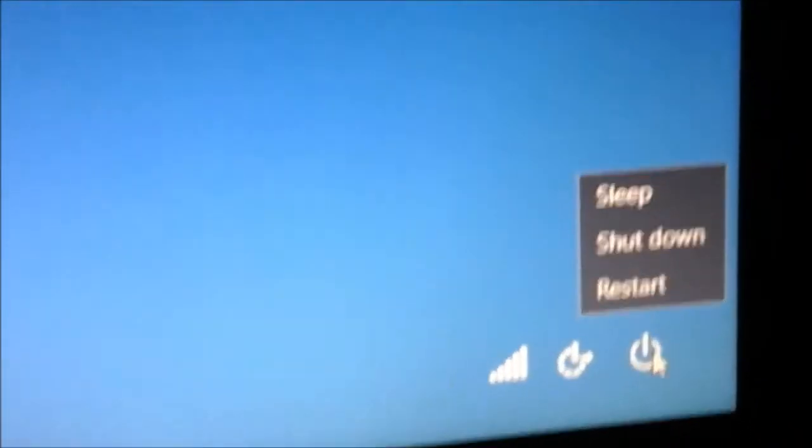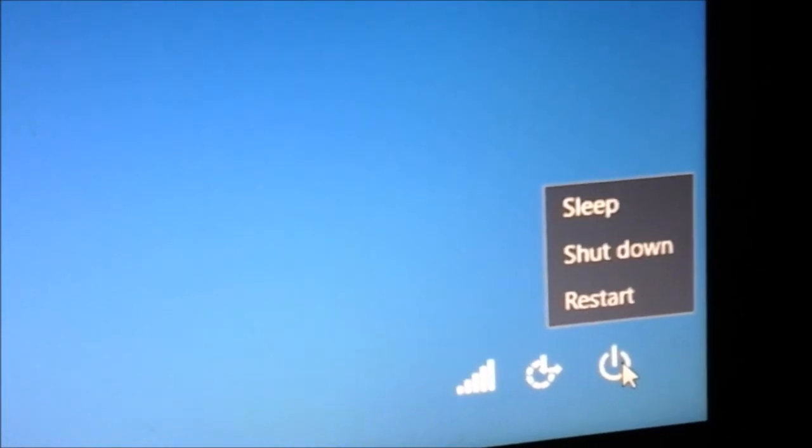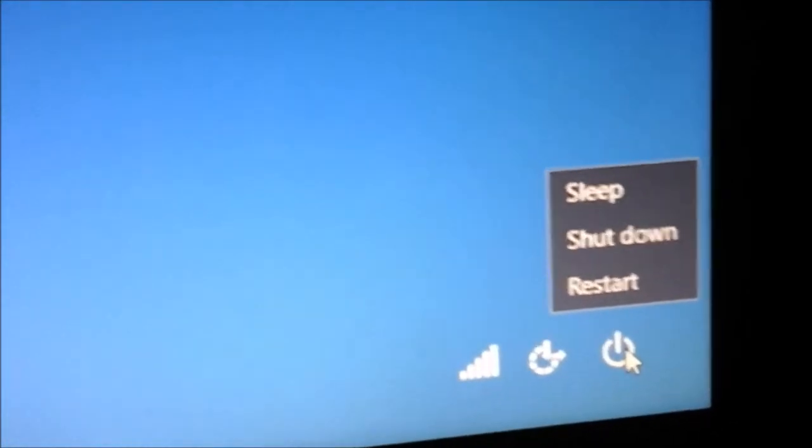Then you have your sleep, shutdown, and restart toggles right here at the bottom right, which I think used to be on the left, I'm not sure. But here at the bottom left, you have your switch users. So now if you actually click on it,